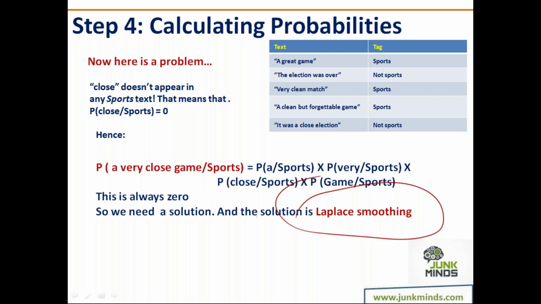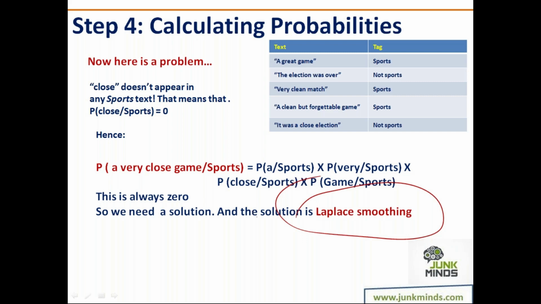A lot of times when I take vivas for college students, they implement all of Bayes theorem very nicely, but they do not incorporate Laplace smoothing as part of their solution. The moment I give them a sentence like this, their entire system, their entire model fails. So guys, you need to be very careful. The class that I'll be giving you in the code will take care of Laplace smoothing as well. It's a very important thing.